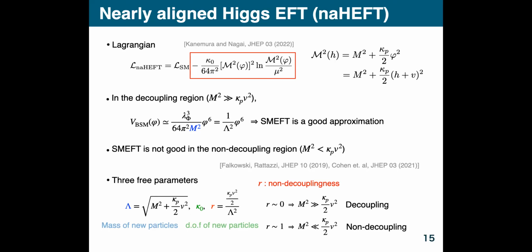And in this EFT, the new physics effect can be described by adding these operators. The most important point is that this potential includes a logarithmic structure, which is similar to the Coleman-Weinberg potential. This potential has the one form factor m squared. In this talk, for simplicity, we assume that this form factor can be expressed by this form, which is very similar to the mass of the additional Higgs boson in the Twix cell.